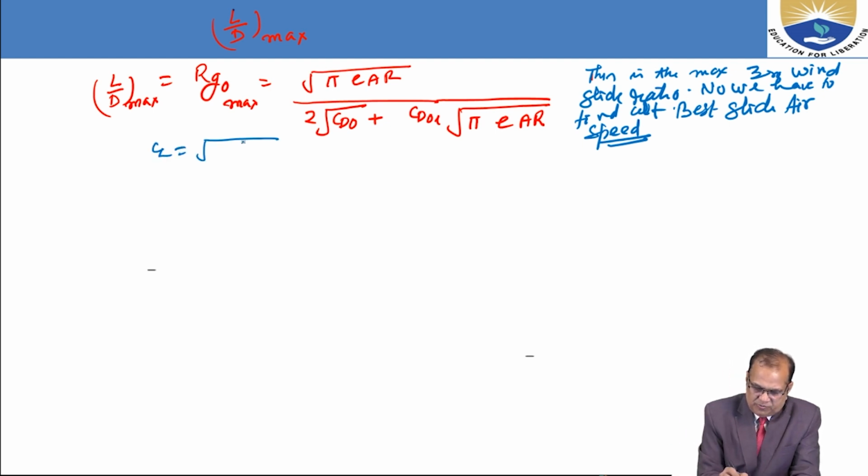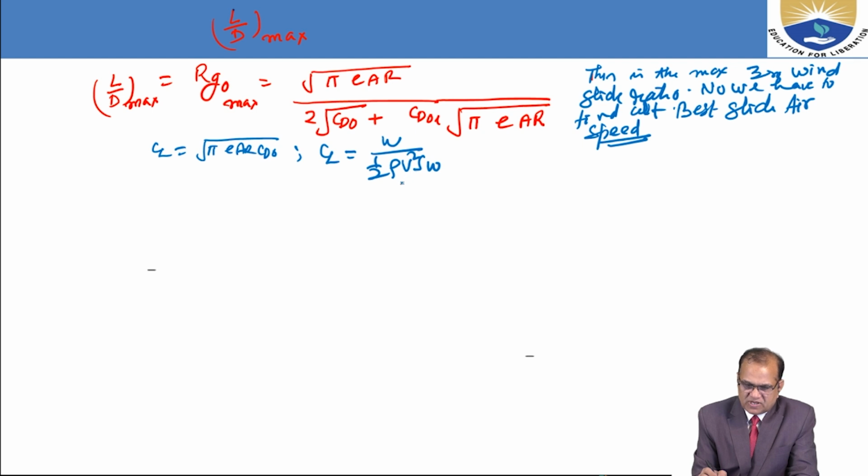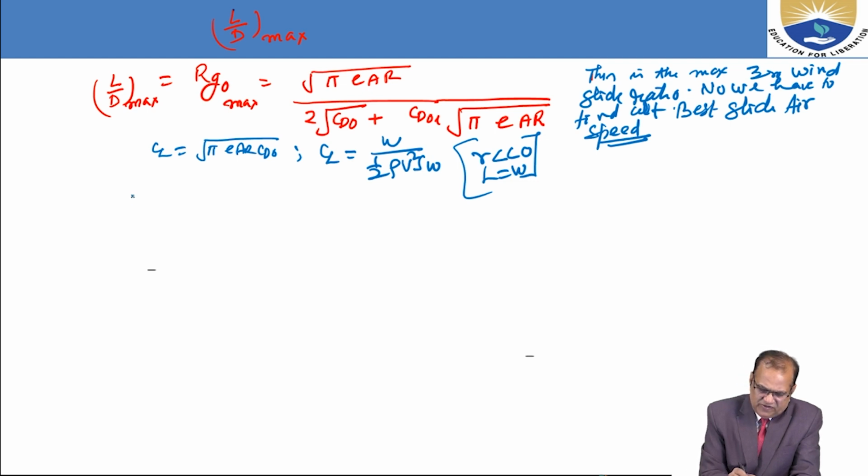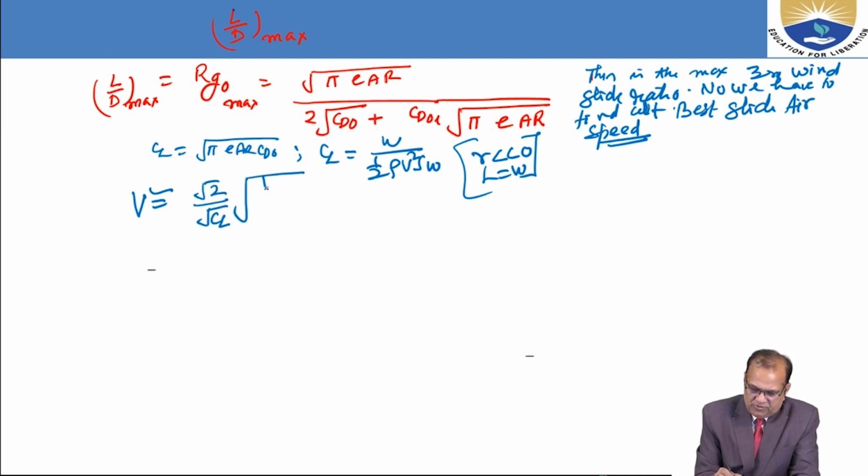equal to under root pi e AR CD naught. Also CL is equal to W by half rho V square SW. If gamma is very small, L is equal to weight for steady state flight. In this condition, we can find that V is approximated as under root 2 by CL times under root W by SW divided by rho. So this is the speed, and the best glide speed is